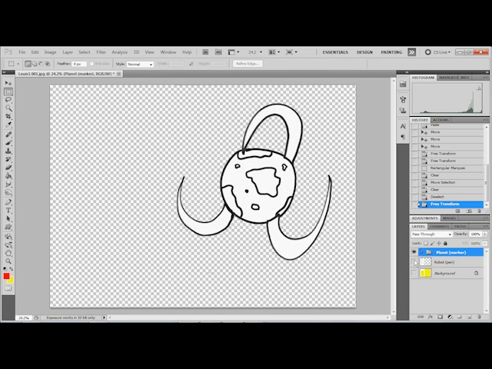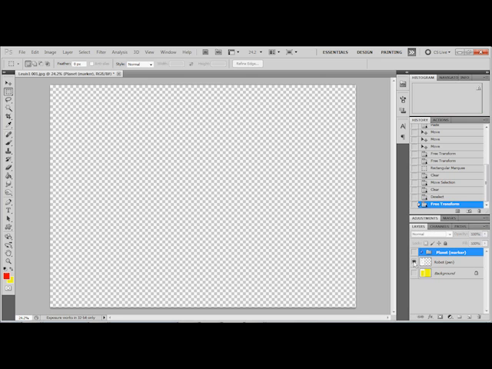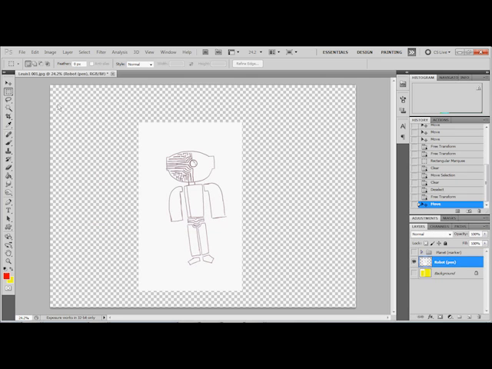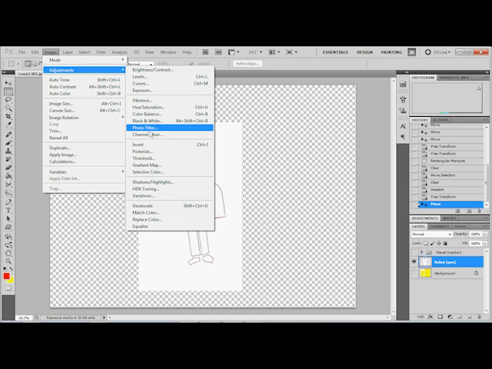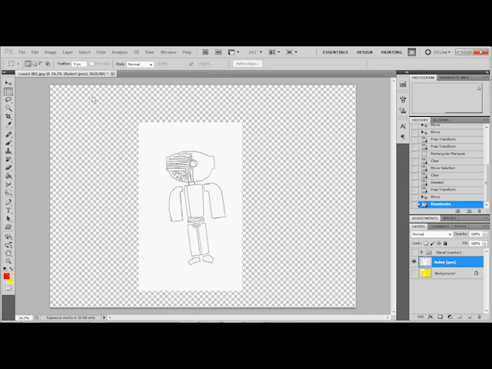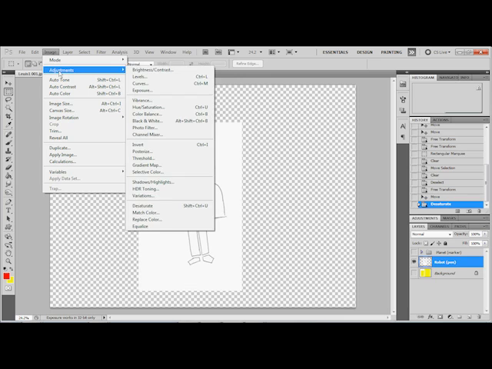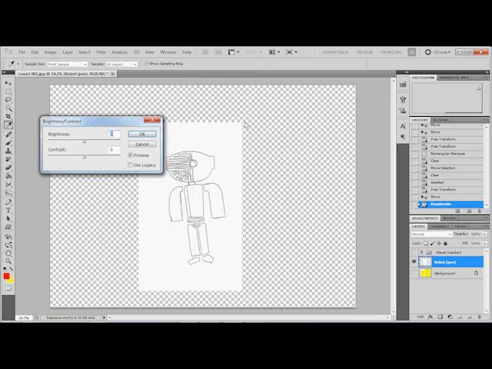Okay, and let's go to the pen. Let's go to the robot guy. Alright, so what we want to do is, again, let's desaturate this guy. Desaturate, make it black and white. And then what we want to do is adjust the color. So let's go brightness dark,